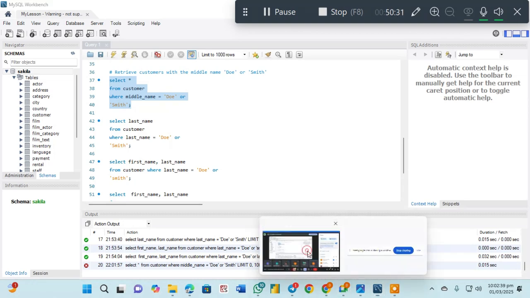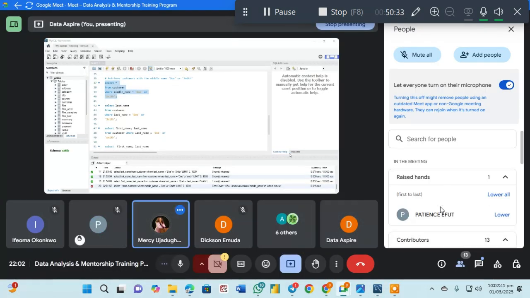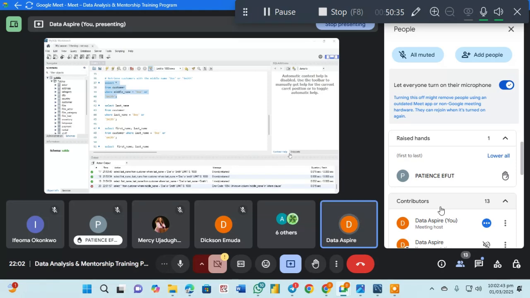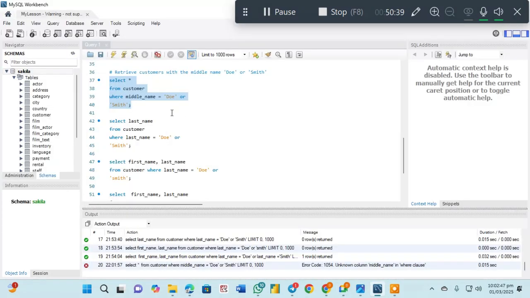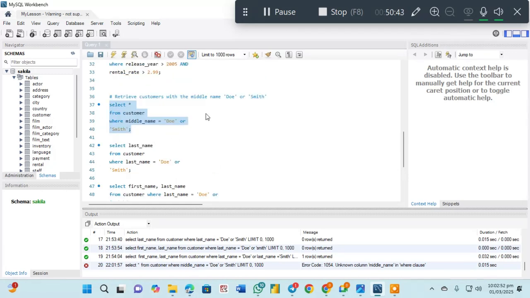Okay. Are you okay? Yes. All right. Patience, your hand is up. Yes, sir. Sir, my question is, what if in the actual sense there was no Smith in the column? What would be the response? I just said to you, it will tell you the error, name Smith is not found. So let's say that